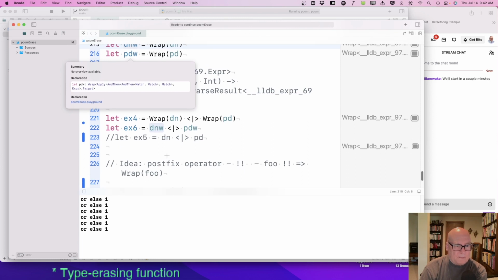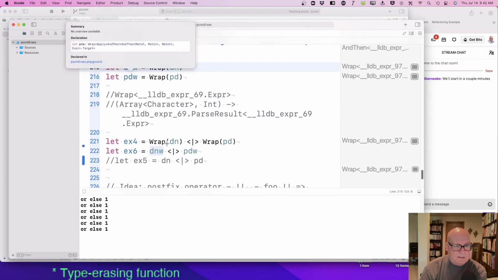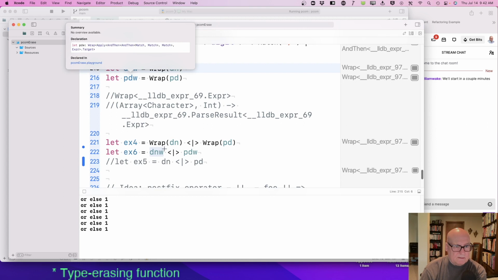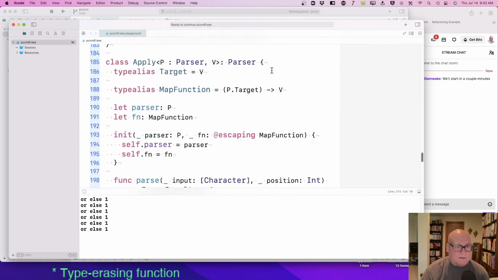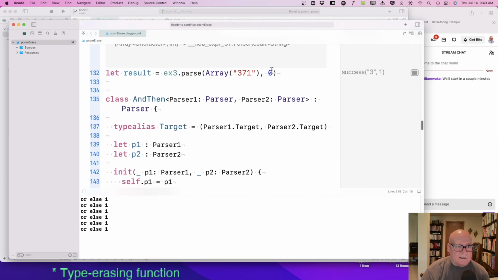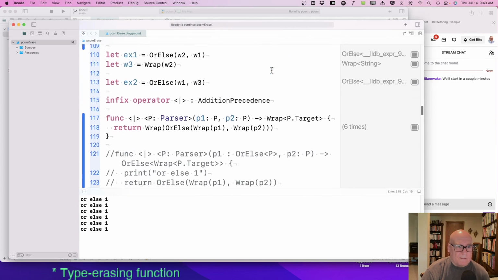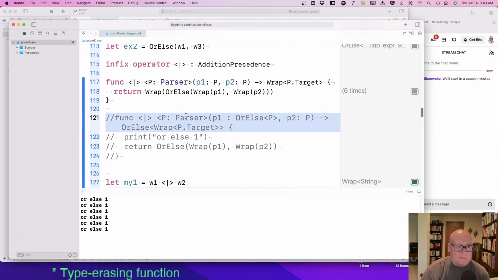And DN, that's apply. Expr. Yeah, they're already okay if they're wrapped, so I'm not accomplishing anything. More's the pity.